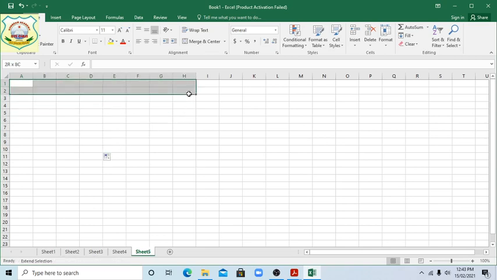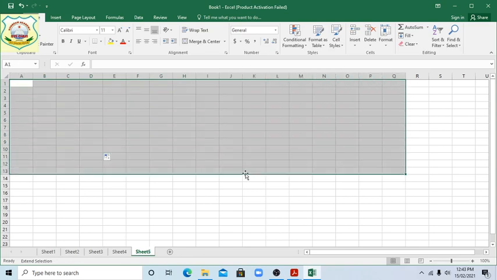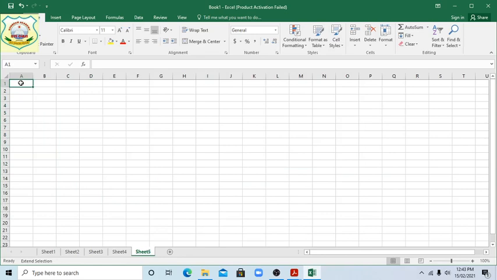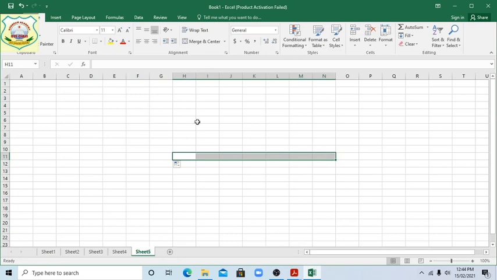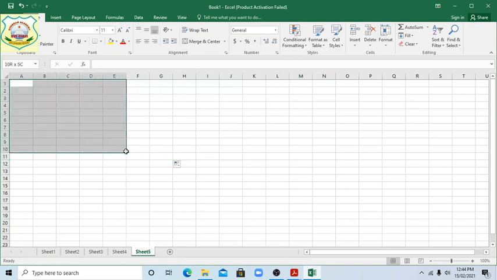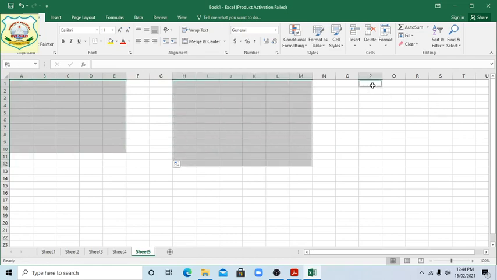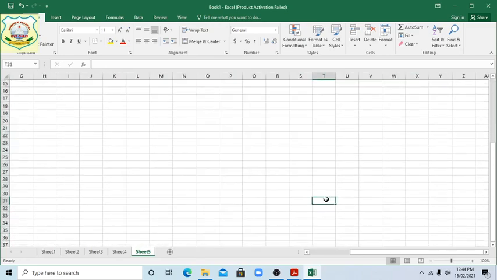Okay, this way we can do it. If you have used the F8 key, okay students, and if you use the Control key, then also see this, we are doing this, clear.